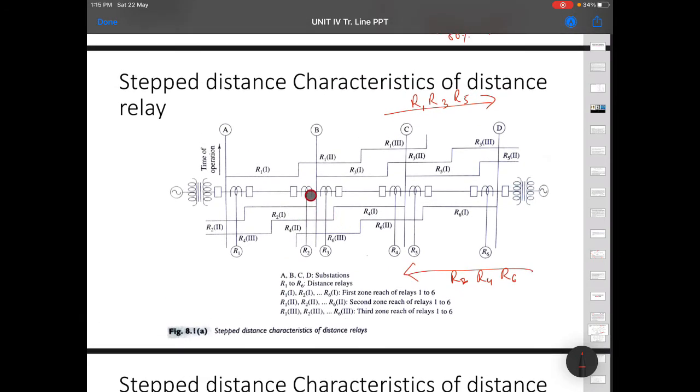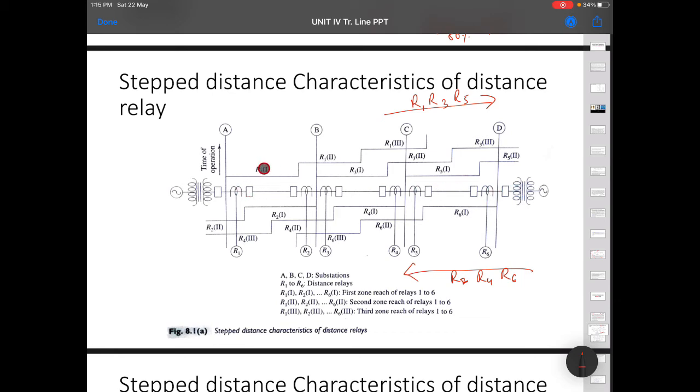See here, R2's first zone is to the left, 80%. R2's second zone is 20% of its own section and 50% of the next section. So this is one section between A and B, one section between B and C, one section between C and D. This is a section, but what is this?